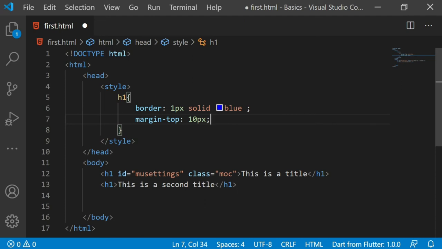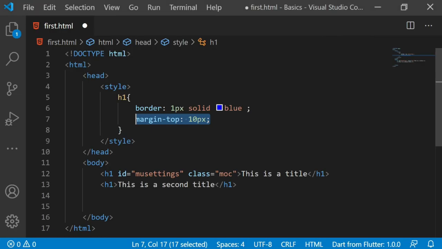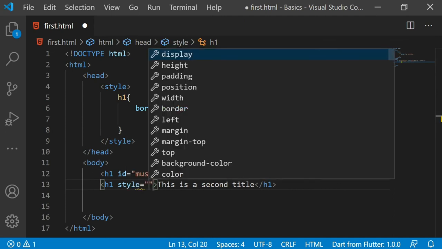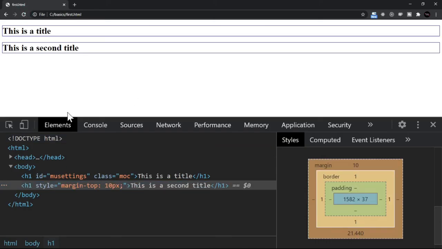But let's say you don't want to give individual values, that is margin top, left, right or bottom. In this case, of course, you have a choice. Like for this H1, I just want to increase the top margin, right? If I increase the top margin, the distance between these 2 elements will change, because for this second element there will be more margin. Let's try that. Let's do inline styling for this H1. I'll say style, right? Here I'm going to say margin top 10 pixels. Save this and we refresh, right? And I select this particular element.